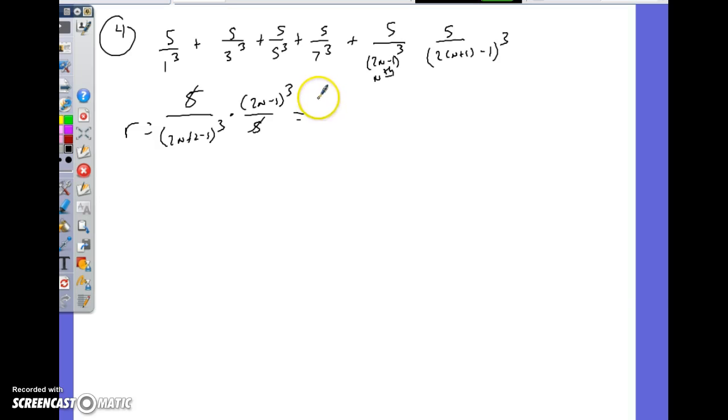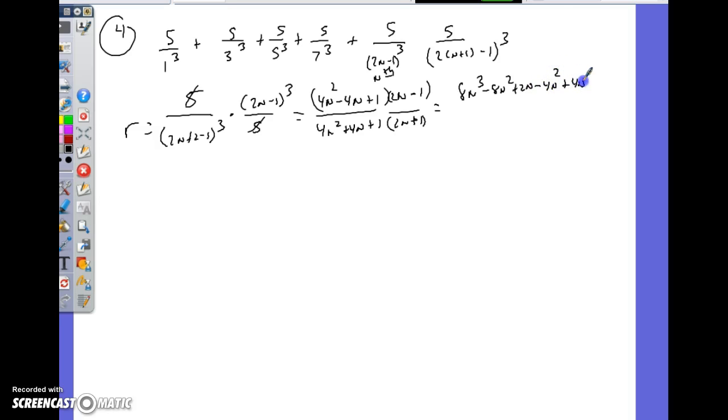And I've got 2n minus 1 squared over 2n plus 1 squared times, I've just got a 2n minus 1 on top, and I have a 2n plus 1 on the bottom. I start to work the problem some more. I got 8n cubed minus 8n squared plus 2n minus 4n squared plus 4n minus 1 all over